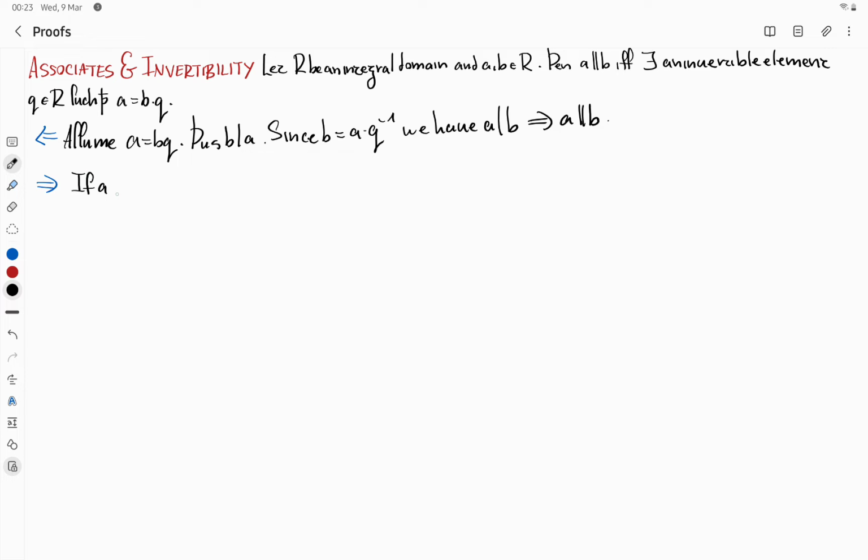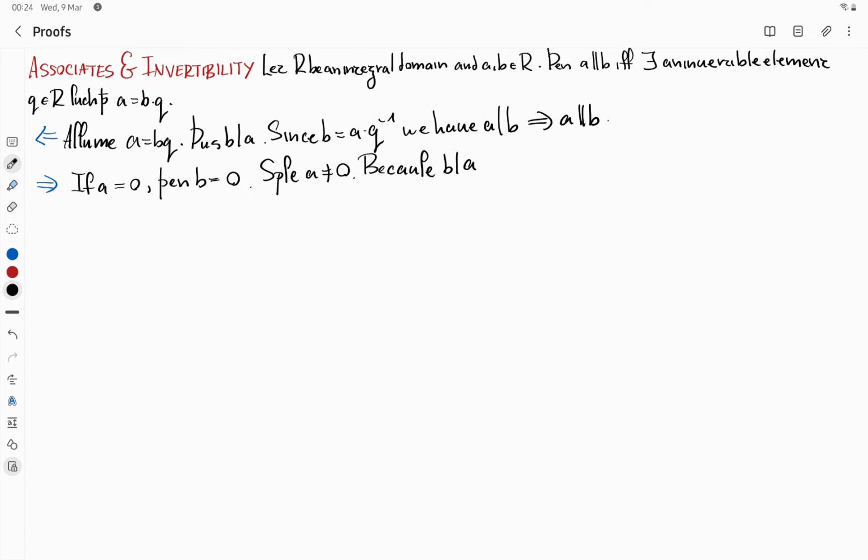If A is equal to 0, then B would also have to be 0, because only 0 is associated with 0. Alright. Suppose A is not 0,